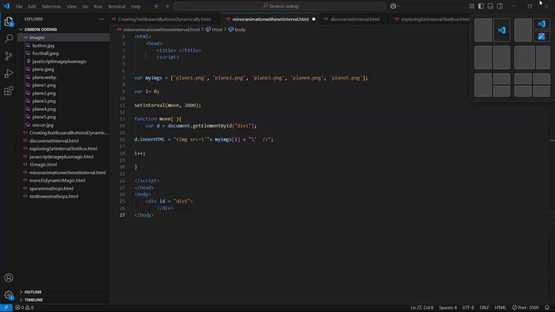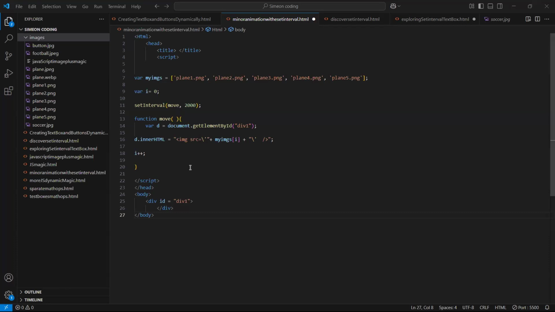Oh yeah, take a look at it now. Has it shown on your side? Yeah, I'm looking. The image plane.png, it's not there.